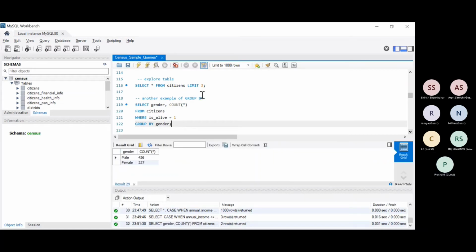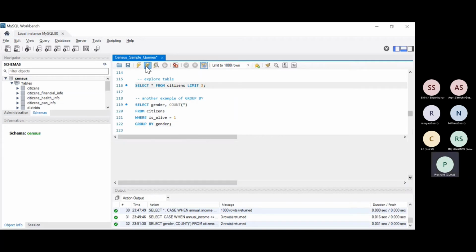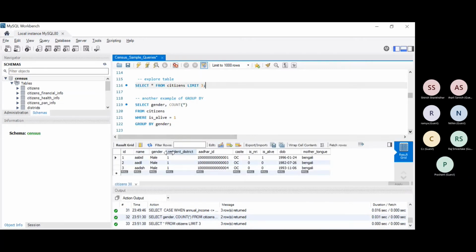So this was the original table. It had gender, this column. I want to group it by this column. So what I'm doing here is that I want to group by gender where